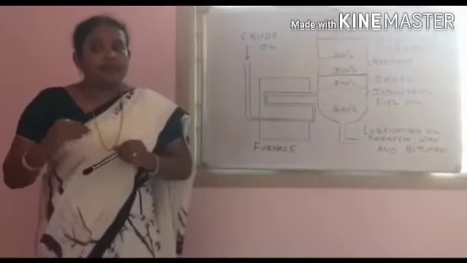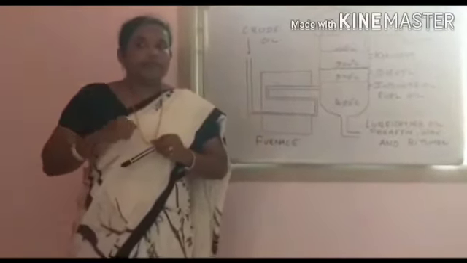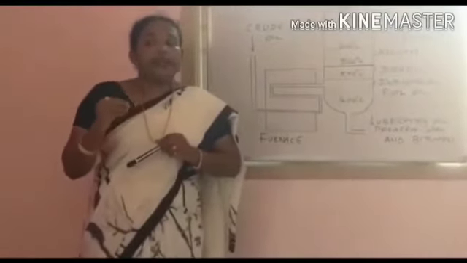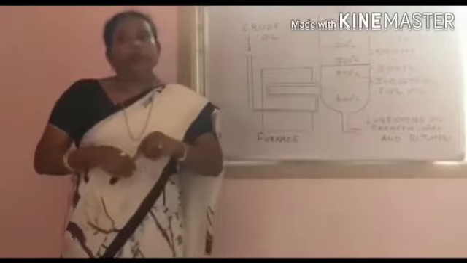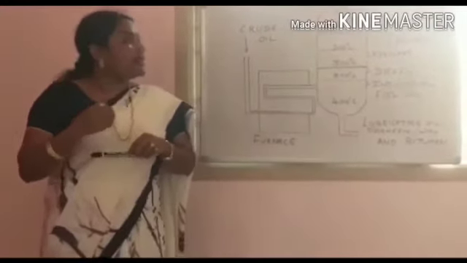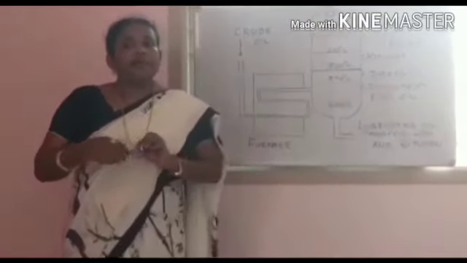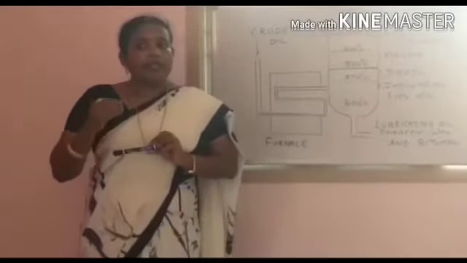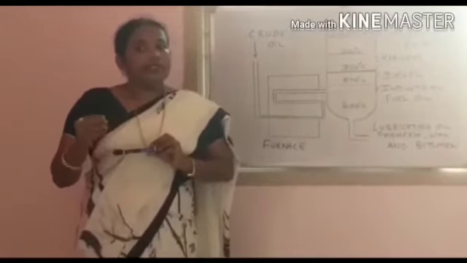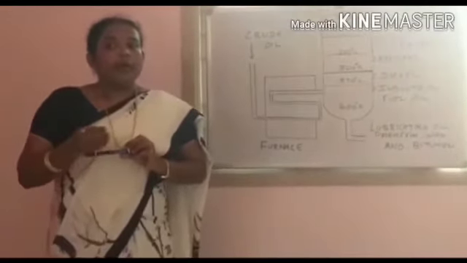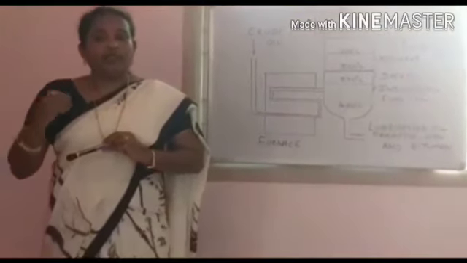Heavier fractions of crude oil condense first in the lowest part of the tower. The lightest fractions condense at the top of the tower. The trays collect the various liquid fractions. The collected liquid fractions may pass to a condenser, which cools them further and then go to a storage tank, or they may go to other areas for further chemical processing.